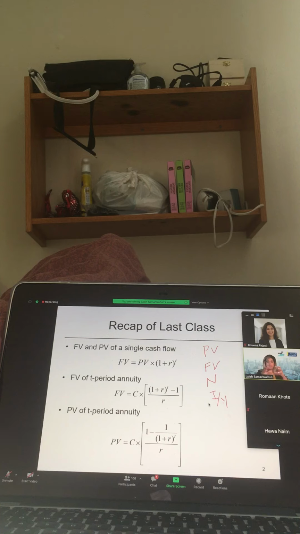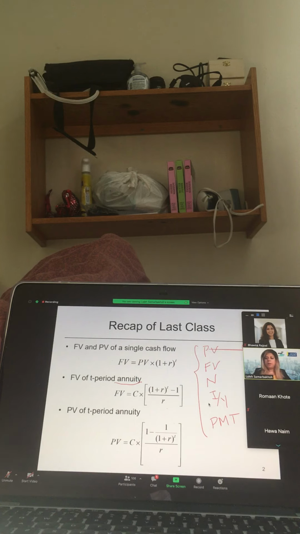Then we said, okay, apart from the single cash flow, what if you have regular payments? As soon as you have regular payments every year, every month, every period, every quarter, then you're dealing with an annuity. And for an annuity, on your calculator, you have PMT. PMT is the payment of your annuity. These 5 are your best friends. You have to learn how to work with them on the calculator. The tricky part is to know the signs of PV, FV, and payment: which of these are negative and when, okay?